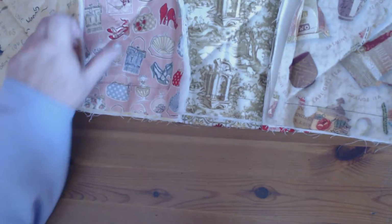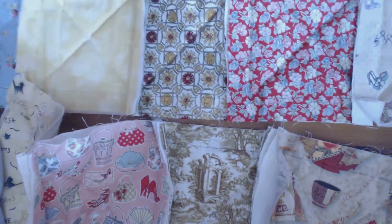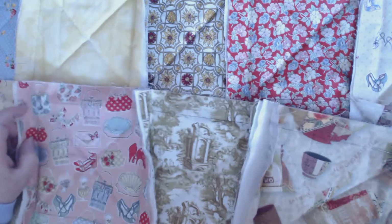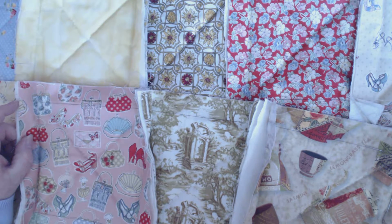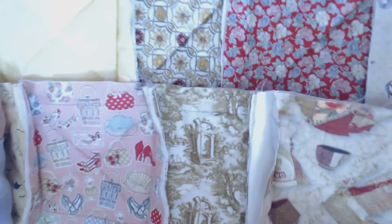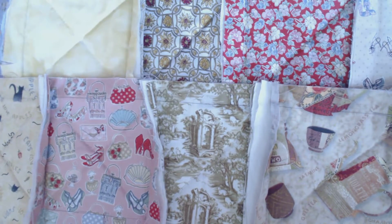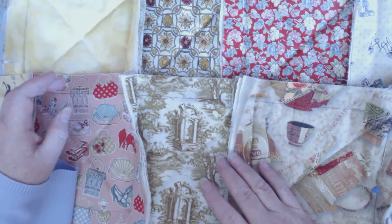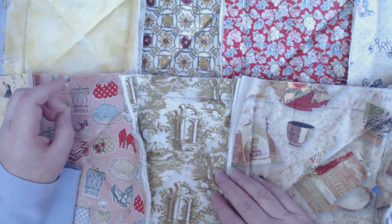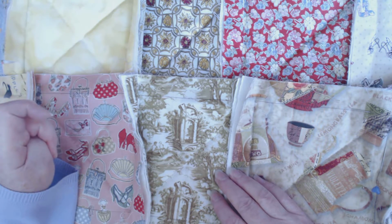When you come to putting your quilt together, if you are making yours by hand like I am, crazy person, I know, then you would actually do a double running stitch to make sure it's nice and secure. I could opt to just double up the thread and do a running stitch, which maybe I might do when I come to show you, to keep it nice and strong, because these seams are going to be taking all the weight of it. I don't particularly like working in double thread because it's too easy to knot and can get a bit frustrating. But with this quilt, I think it's probably wise to double your thread or do a double running stitch,